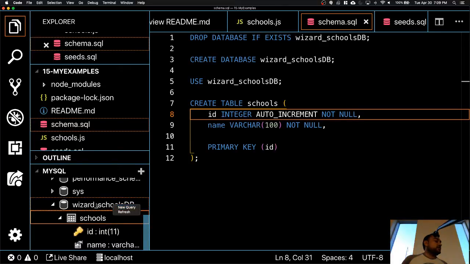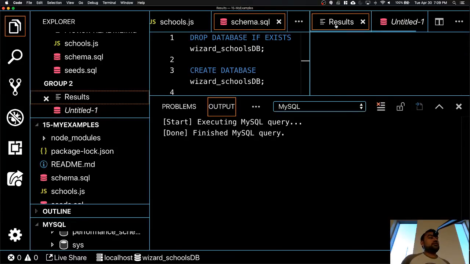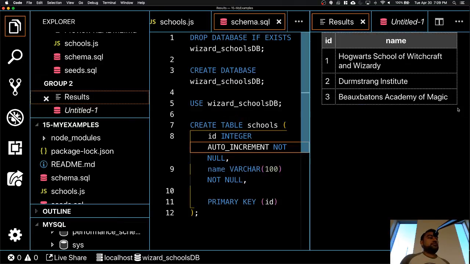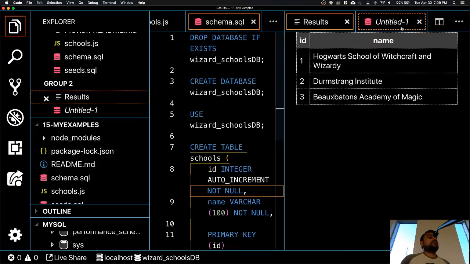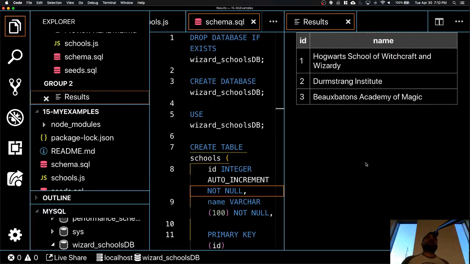Then go to your tables, right click, it says select top 1000. So if you select this, it's going to go ahead and run a select query on your table, and then it's going to show you all the results from your table. And this is the exact query that it ran. It gives you the query that it ran, and then it shows you the results right in your Visual Studio. That's kind of cool. You don't even have to go in your